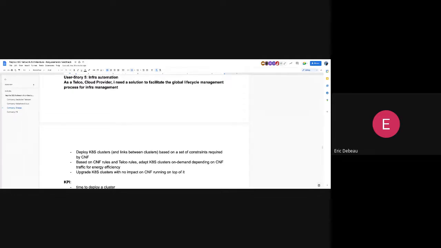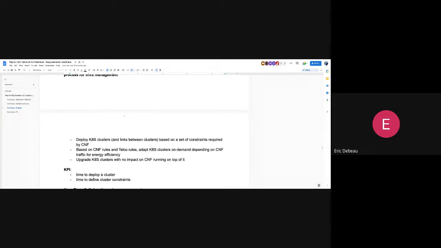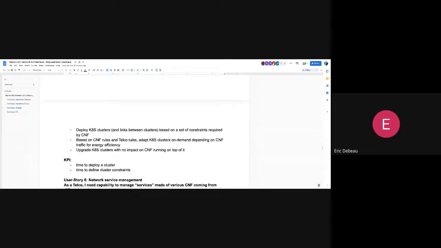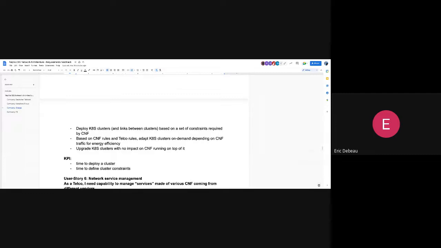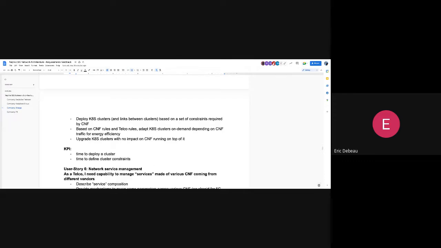And last but not least, it's maybe a point we should address. For me, it's not really clear if it's really part of Nefio or not. When we want to deploy what I call a service, for me, a service is much more an assembly of various CNF network functions.